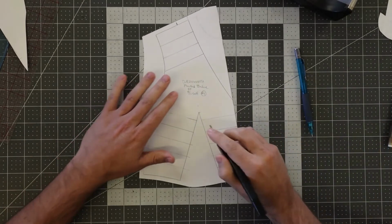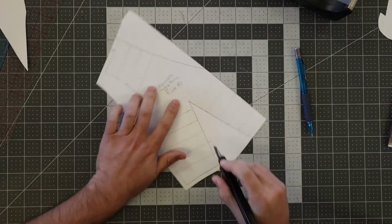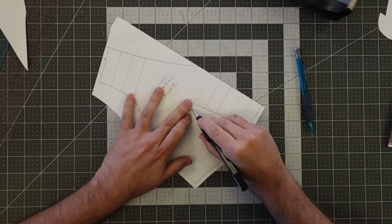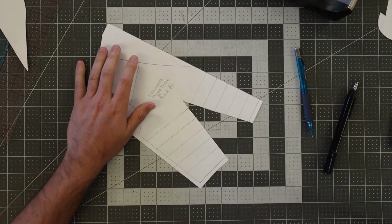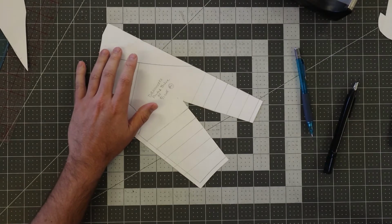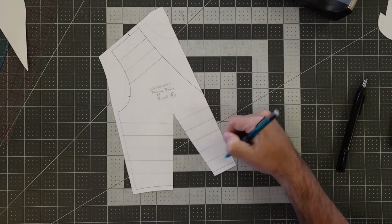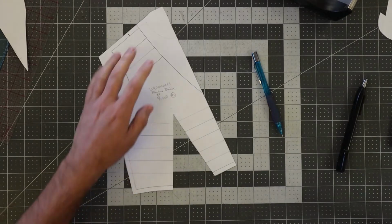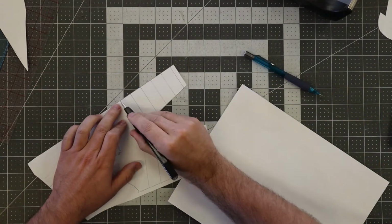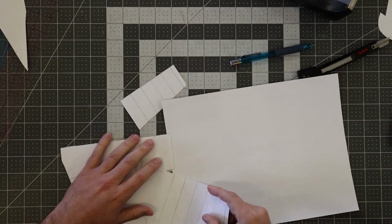I can start by cutting everything out though. But the nice thing here is I actually don't have to worry about the gather number. I don't have to pay attention to that, because every single section is going to be engineered. So I'll just cut. If you want, you can make little marks to help keep track of all this, or you can take each section at a time. So I'm going to do that. I'm going to cut one off. I'm going to tape it on